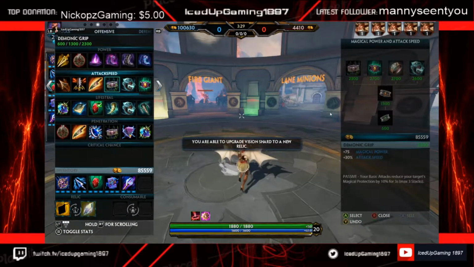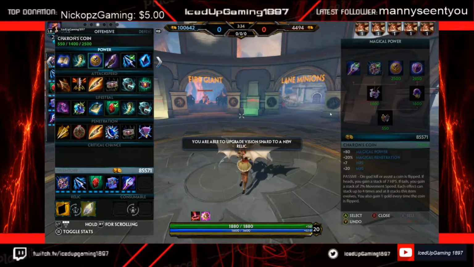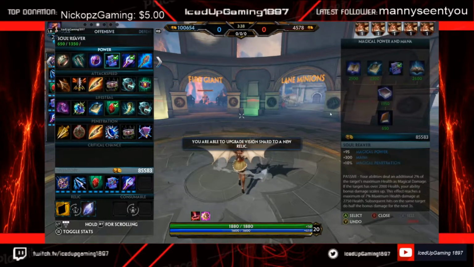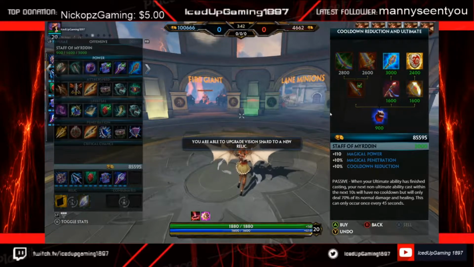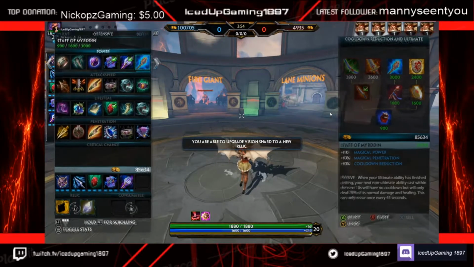And then, finally, another good card would be Staff of Meridian. Now, a lot of people don't like this card. I personally love this card, because who can not like 110 magical power, 10% pen, and an extra 10% cooldown reduction? And then, if you hit your ultimate ability,